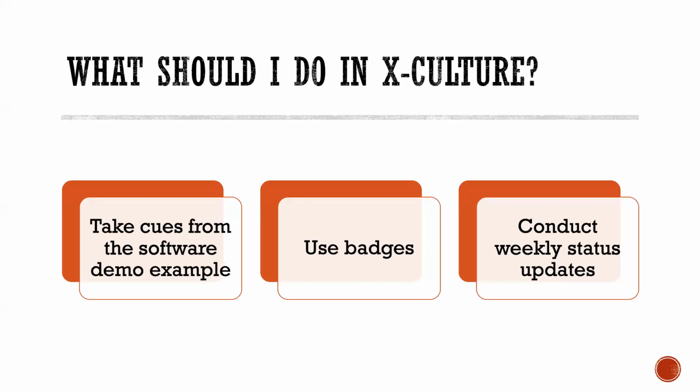So let's see what we should do in X Culture, or how we should implement this in your teams. For example, if you're just in a team of 6 or 7 people and you want to make sure everyone is getting their job done, participating, and engaging, you can maybe have an Excel sheet that's shared with everyone. You break down the task, and you conduct weekly status updates or weekly meetings where all of you update these Excel sheets based on how far you have reached in your research or in writing your reports.